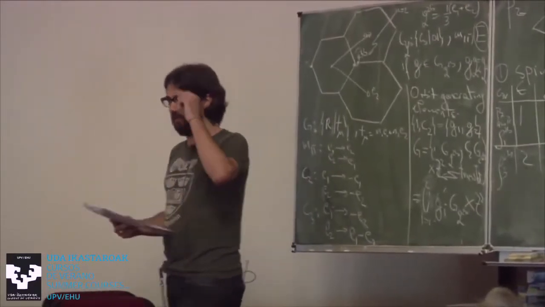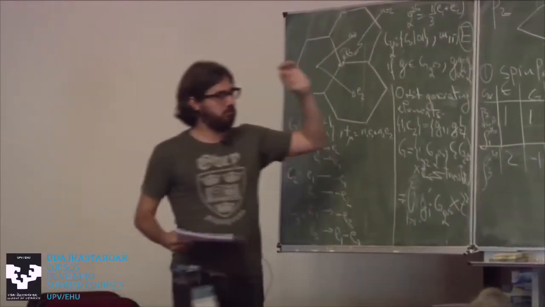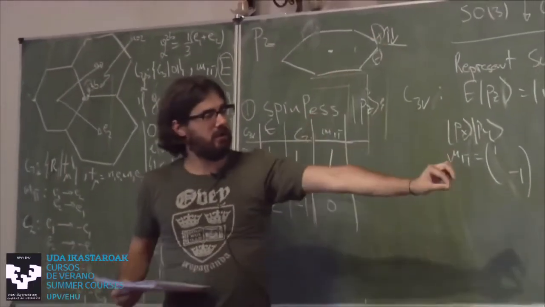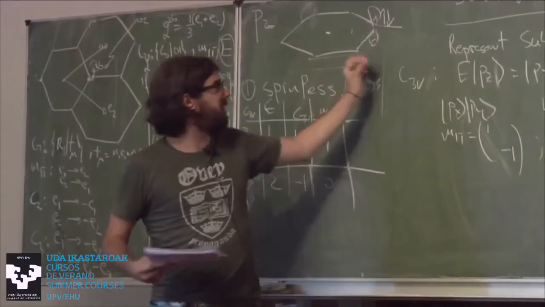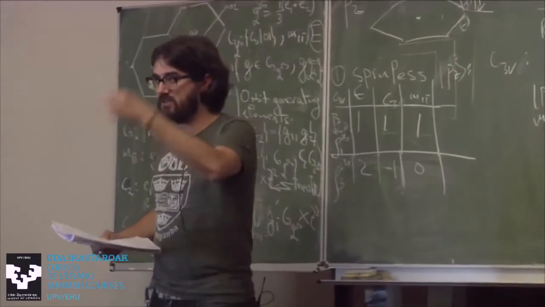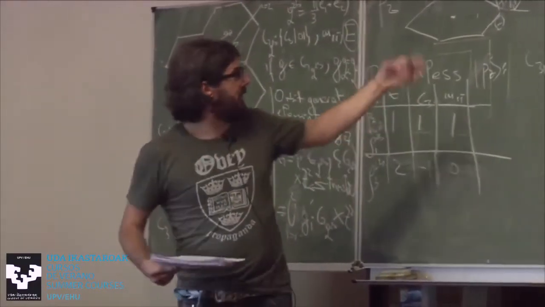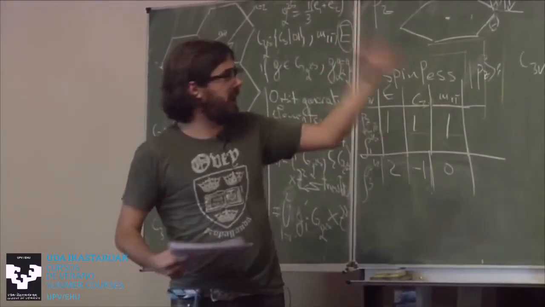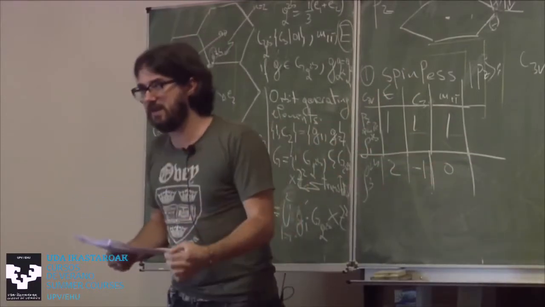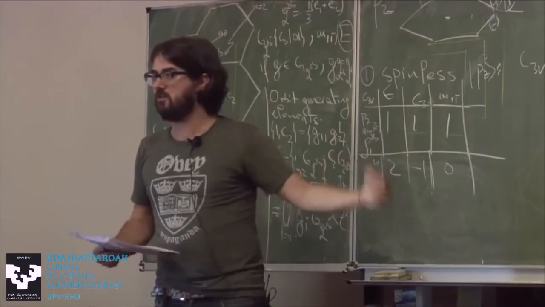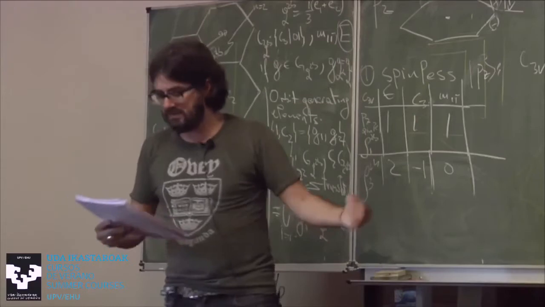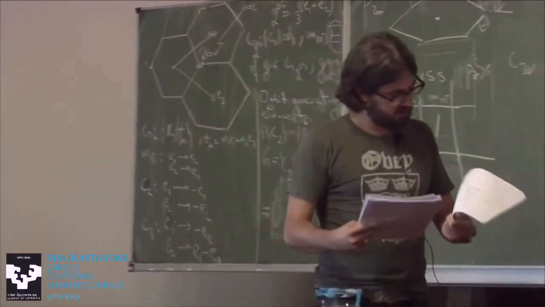We will need the other representation when... so this is a representation of the real orbital PZ on this side with spin 1/2. This is what I get as a site representation if I put orbitals. So now I told you both the site symmetry group and the representation under the site symmetry group when I add orbitals. But when I go to momentum space, I'm going to need another representation of the C3V group, which I might as well just get now, since I'm doing it.